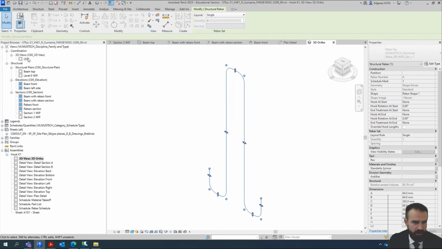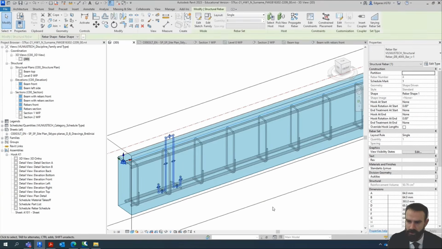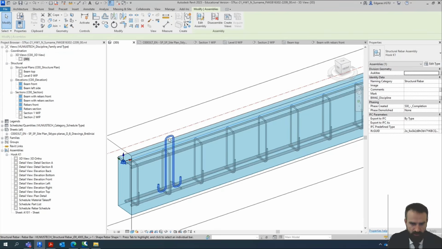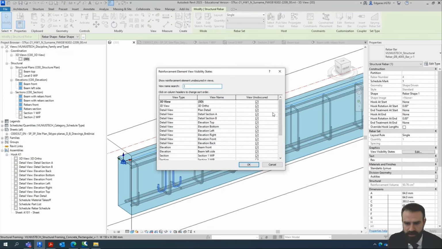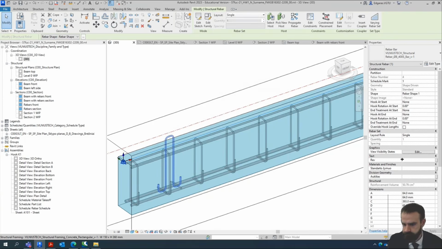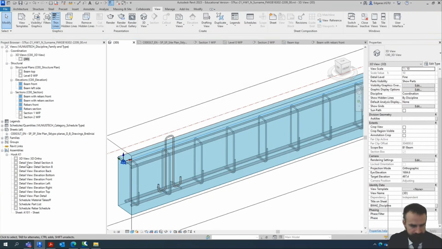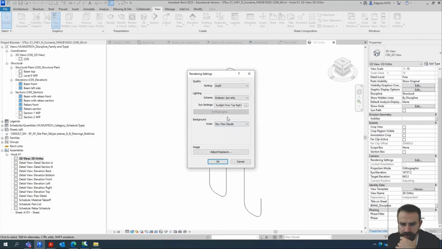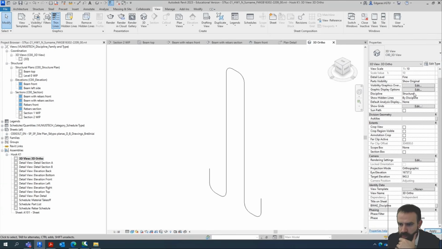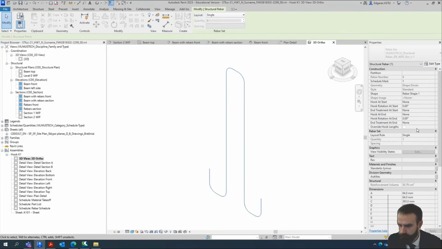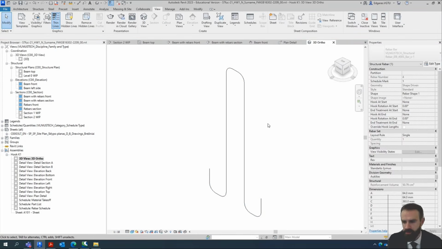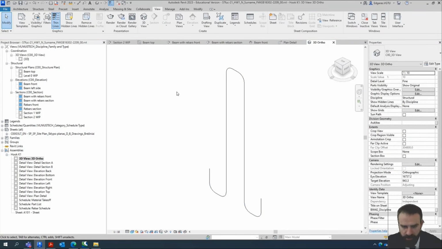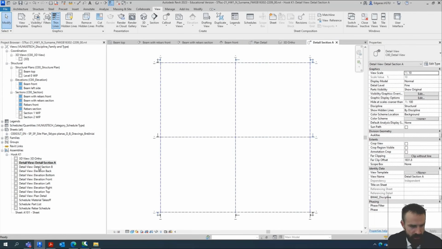It should be 3D. Why is it not? Let's try one more time. Visibility settings. View obscure. 3D view. Okay. Oh, maybe I need to check rendering settings. Okay, so for this quick representation, I don't remember how to make it 3D in this view, but in other